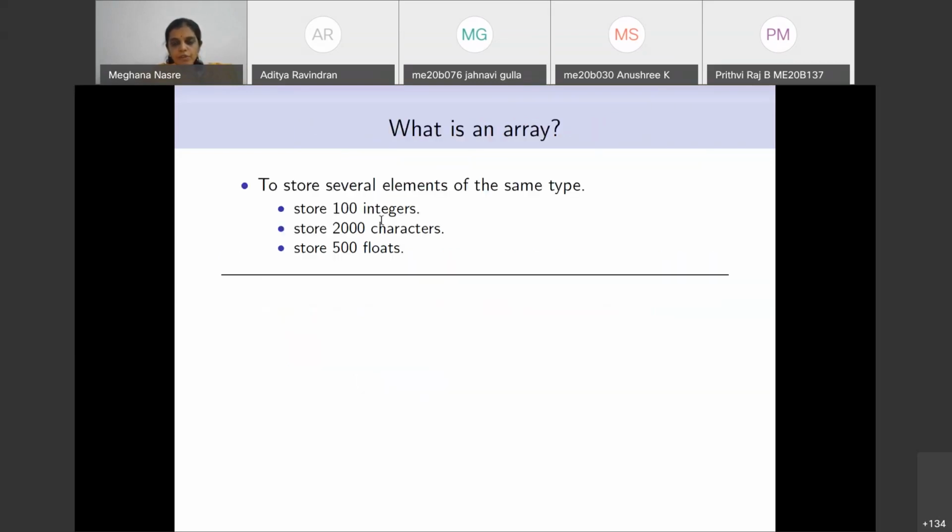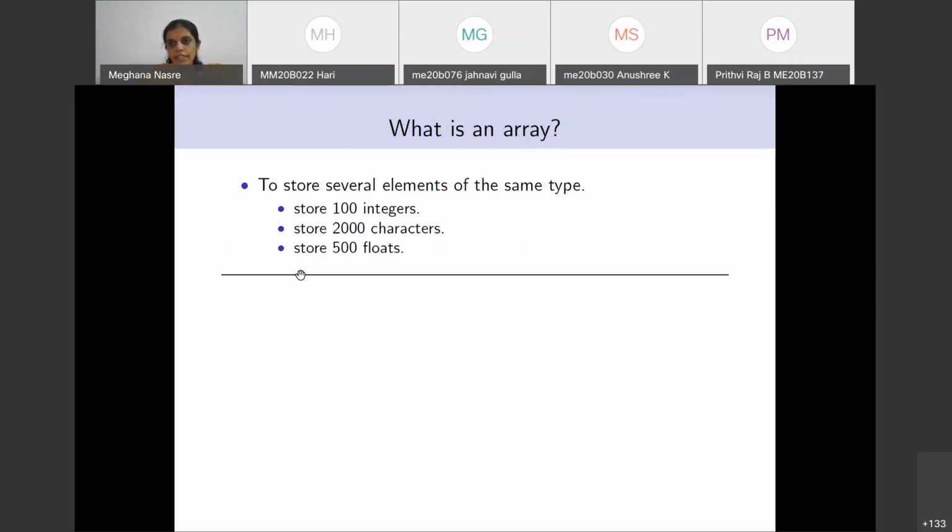Okay, so before we get into these tasks, let's get to the basics of arrays. Let's define arrays in C. Arrays allow us to store several elements of the same type. Suppose we are interested in storing 100 integers or 1000 characters, or some large number of floats. We can of course define 1000 integer variables or 100 integer variables, however many we require.